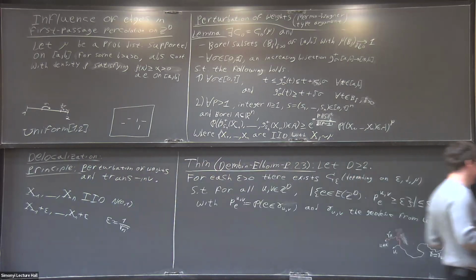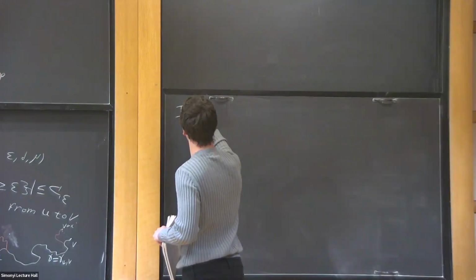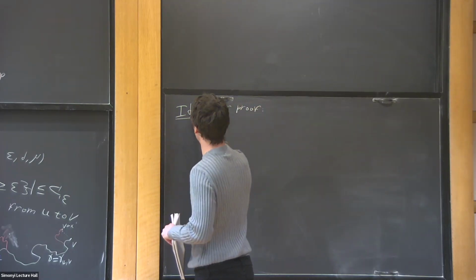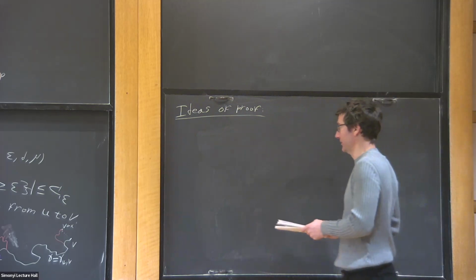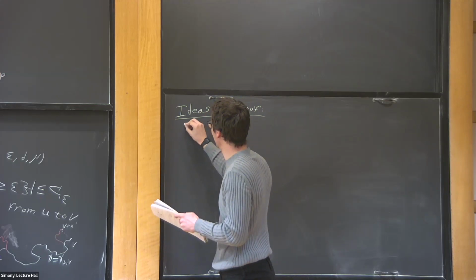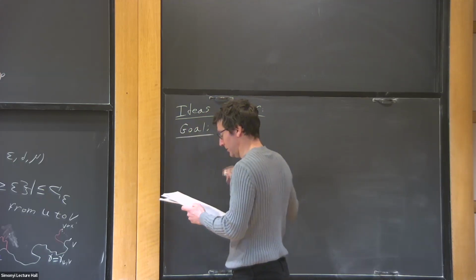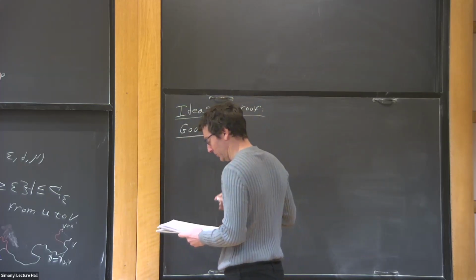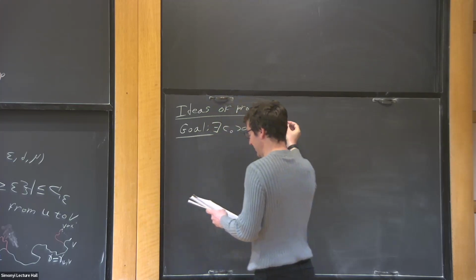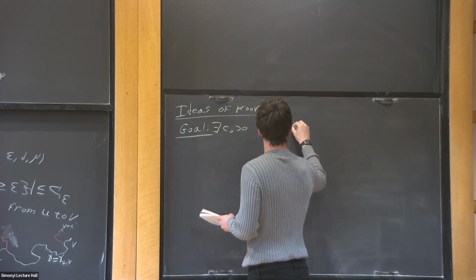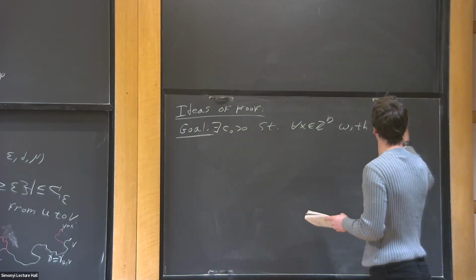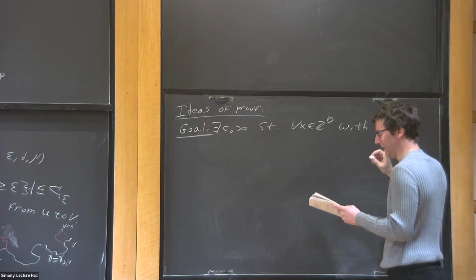So let me give some ideas of proof. And the lemma over there is going to be used. As I said, the proof of the lemma is not hard, but I won't have time to say it. So ideas of proof. So we're going to show the following. There is a goal, and the picture is relevant to the goal, that there exists some small c0 such that for every x in Z^d with the norm of x smaller than